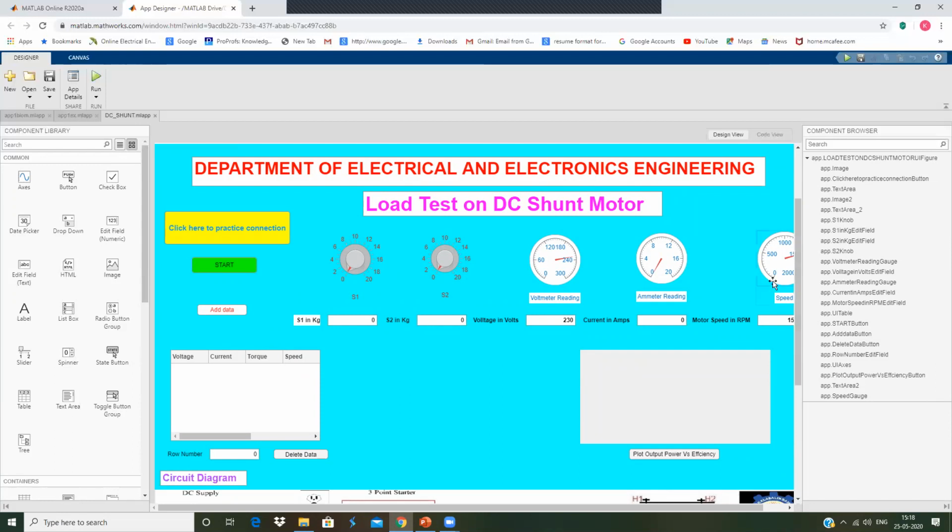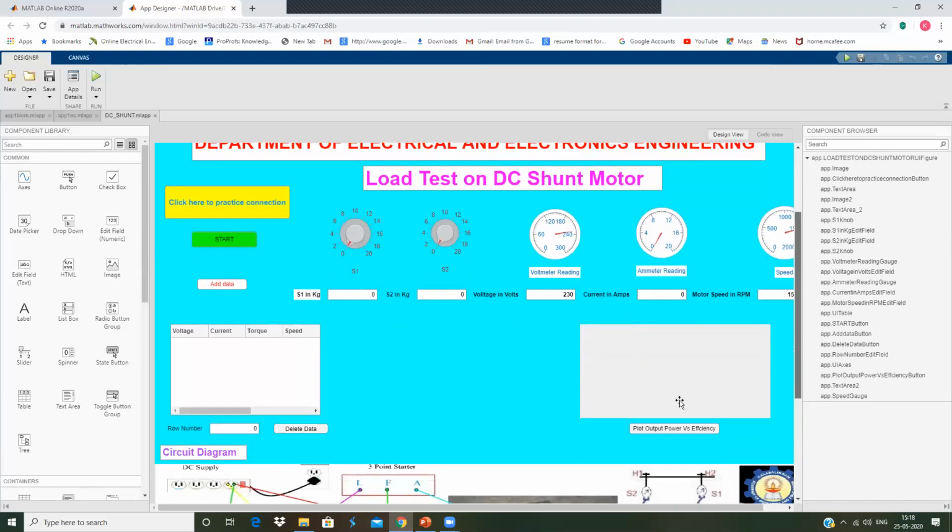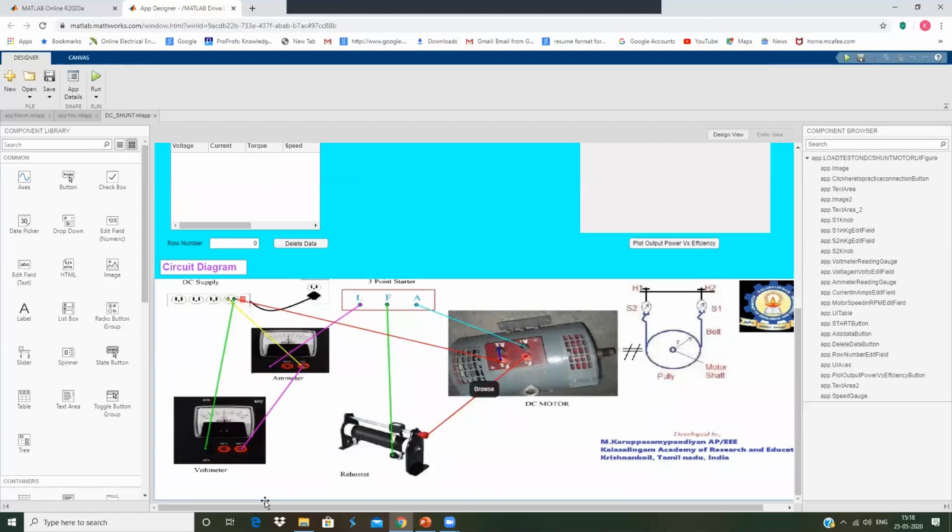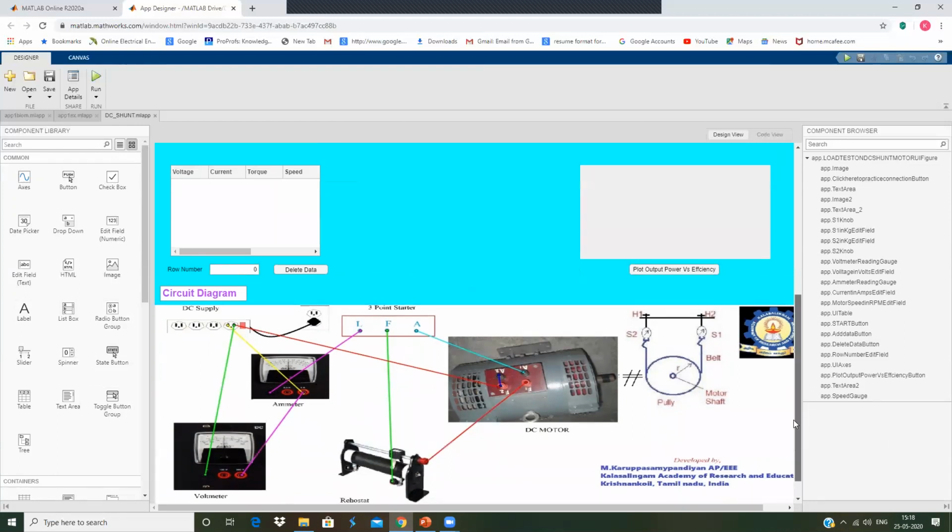I have given the circuit diagram here: alternator, ammeter. This is the typical circuit diagram of a load test on a DC shunt motor. This is a DC shunt motor with a mechanical pulley and a starter to start the motor. Everything is given here in just an image file. And to imitate